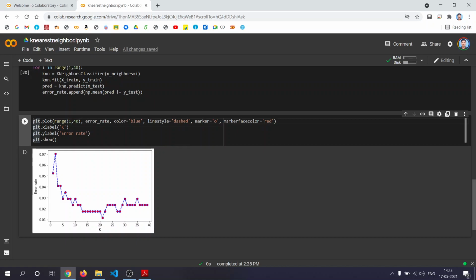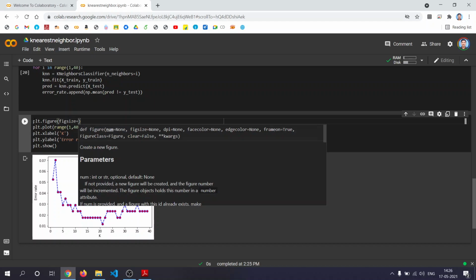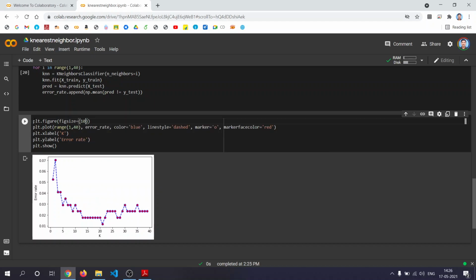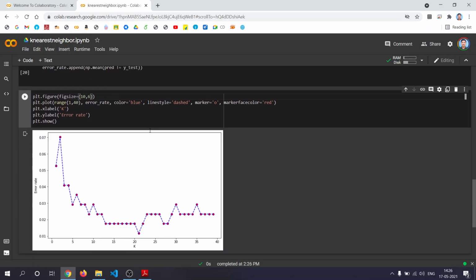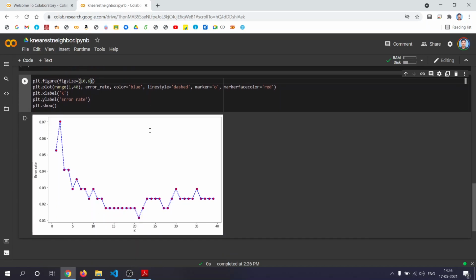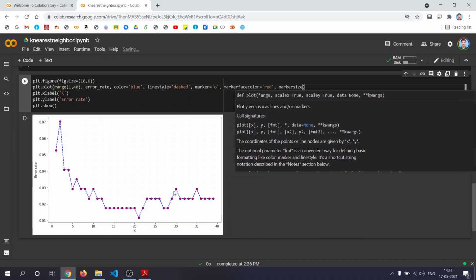If you want to increase the size of the plot, then you set the size: plt.figure(figsize=(10,6)). If you want to increase the size of this red dot, then markersize equal to 10.